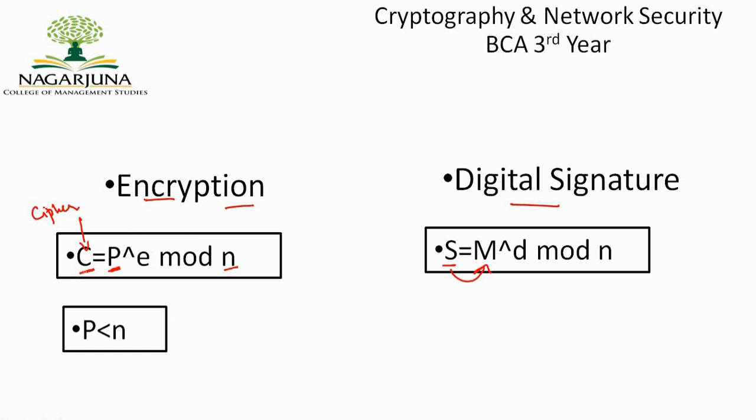Now here, to generate a cipher key, we had taken a public key, and now to generate your digital signature, we are going to take a private key. A digital signature is being created with the help of a private key against a given message. So S stands for a digital signature. A digital signature is being created against the message with the help of a private key by performing a mod